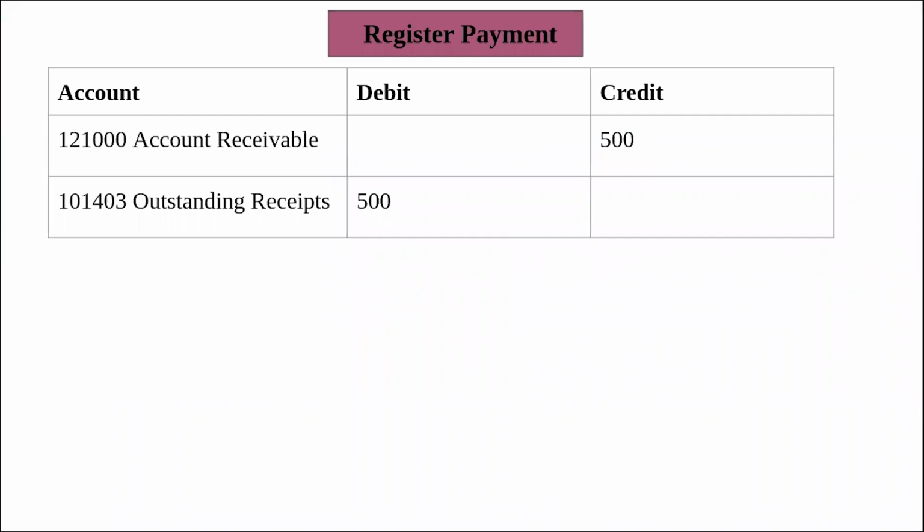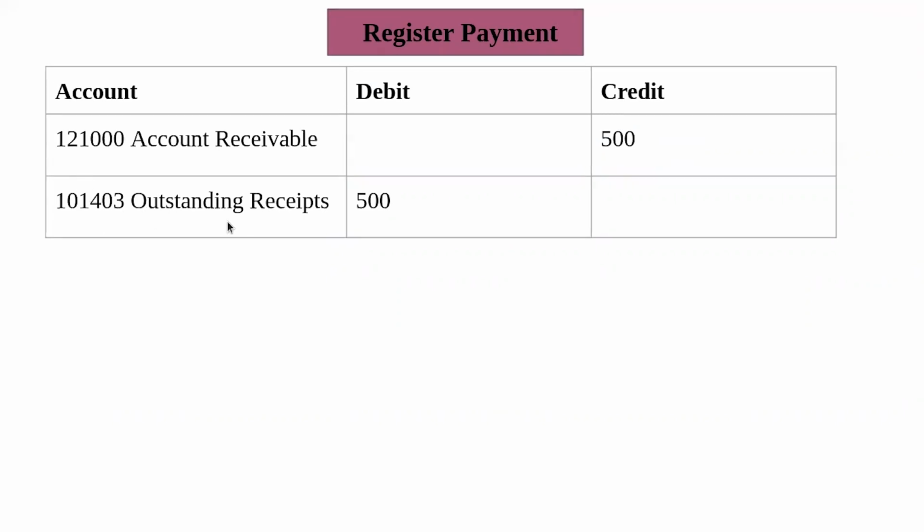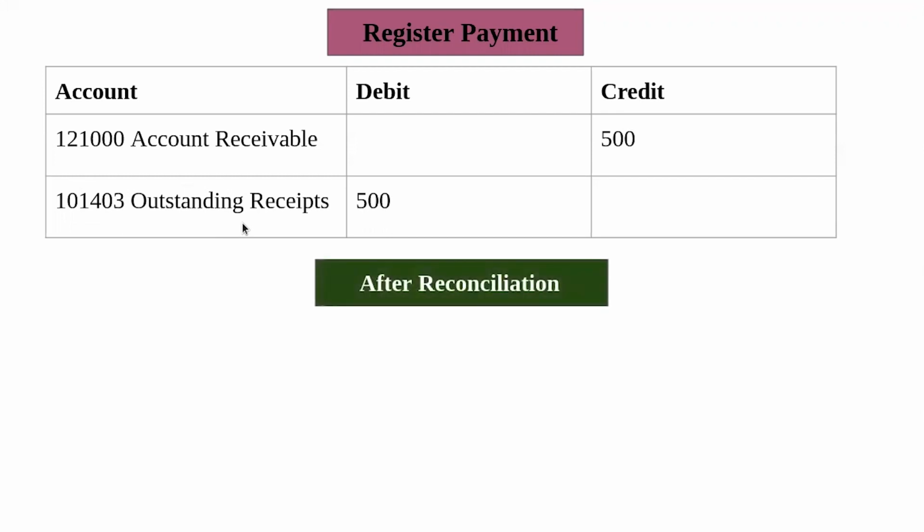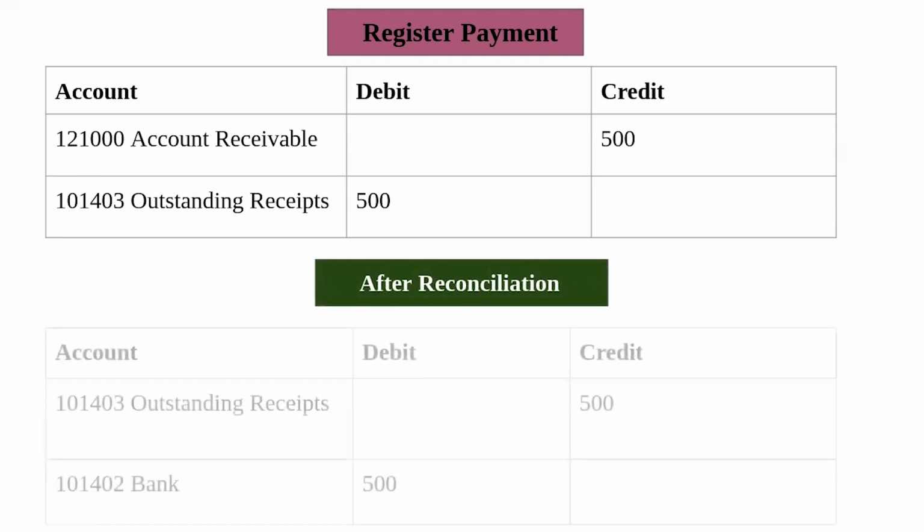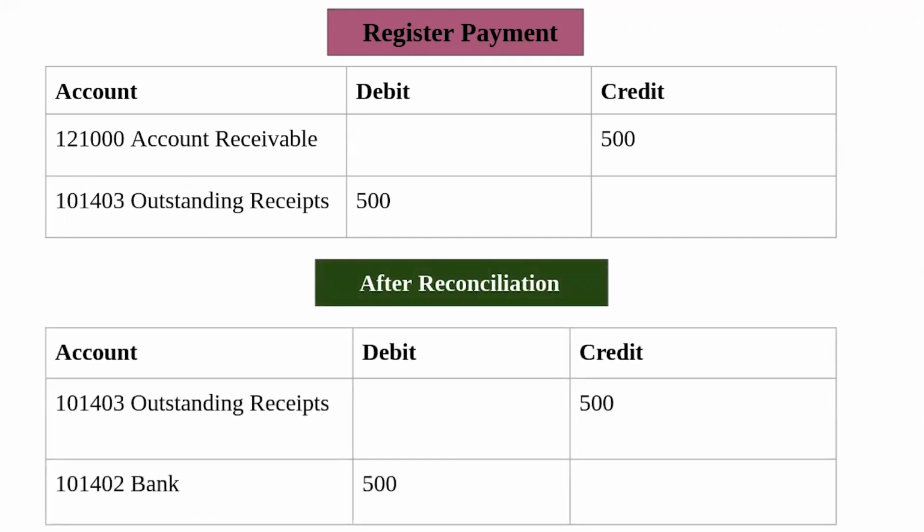So when a payment is done, that is, it can be payment done for invoice or bill, the amount will be posted on these outstanding accounts. So you can see in the case of a customer invoice, it will be posted on outstanding receipts, and in the case of bill, it will be posted on outstanding payments. So at the moment you reconcile the payments with the bank statements, Odoo will update them against the bank account. That is, clear the outstanding accounts and debits or credits the bank account.